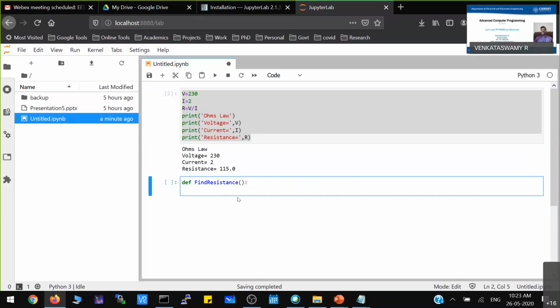Ashwin will start, but I just want to give this idea, then I'll come back. So now, I am just writing the function definition.